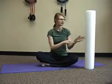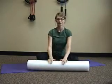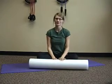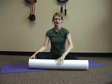This foam roller uses a similar technique as you would see in your kitchen as you roll dough out with a rolling pin. As you roll along this foam roller, it stretches the muscles and allows for a myofascial release in the different muscle groups that we'll stretch today. I'll show you 5 different muscle groups, and we will start with the IT